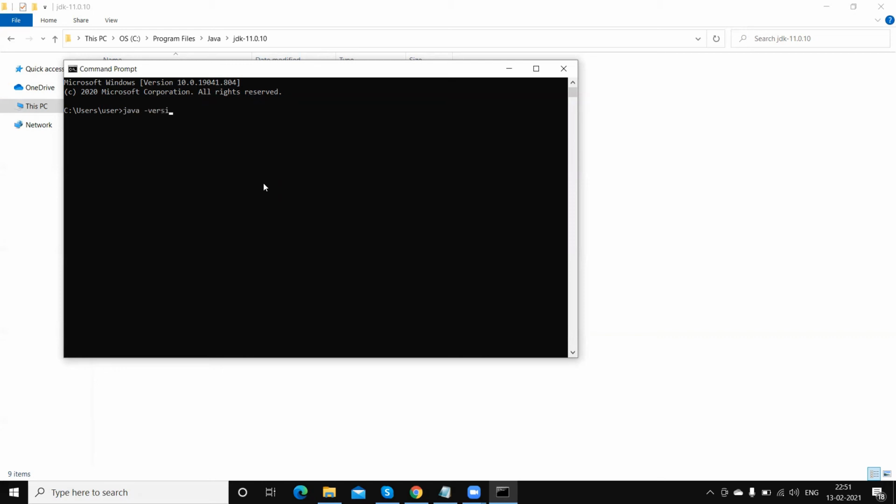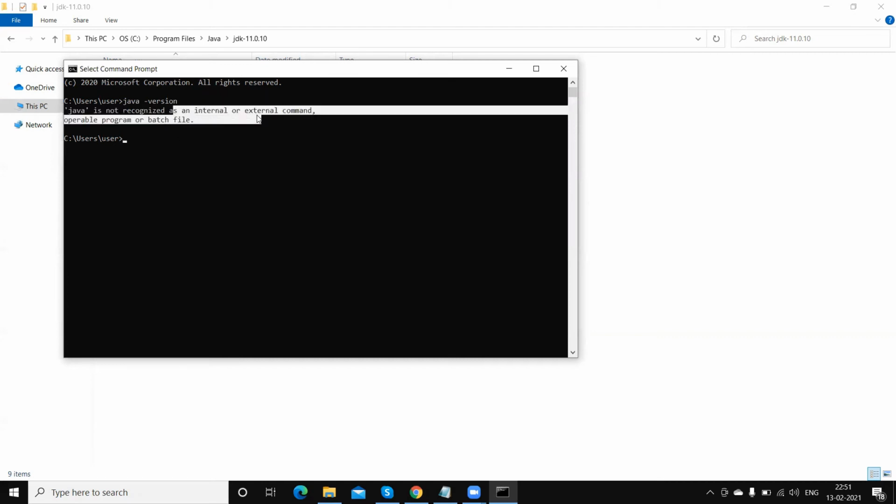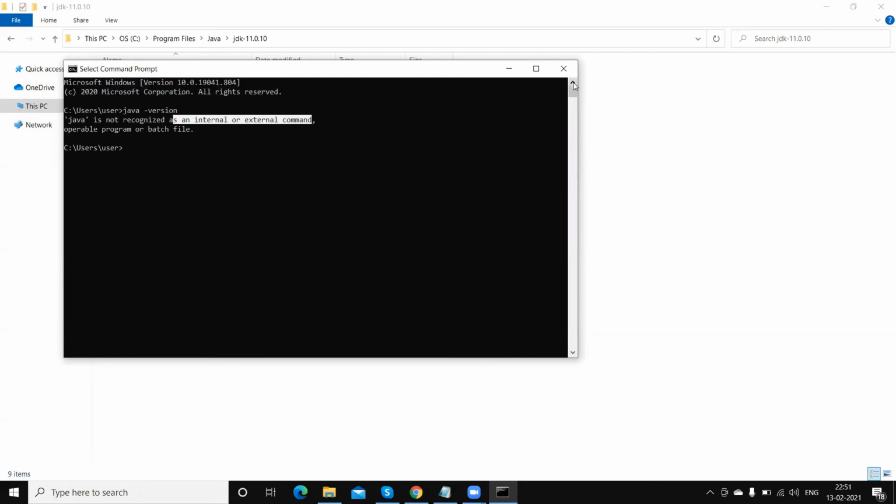Like if I run it, you can see Java is not recognized as an internal or external command, right? So Windows has two types of commands. One is internal, which is built in with the OS. The second is external commands. If an internal command is not found, then it will check external.